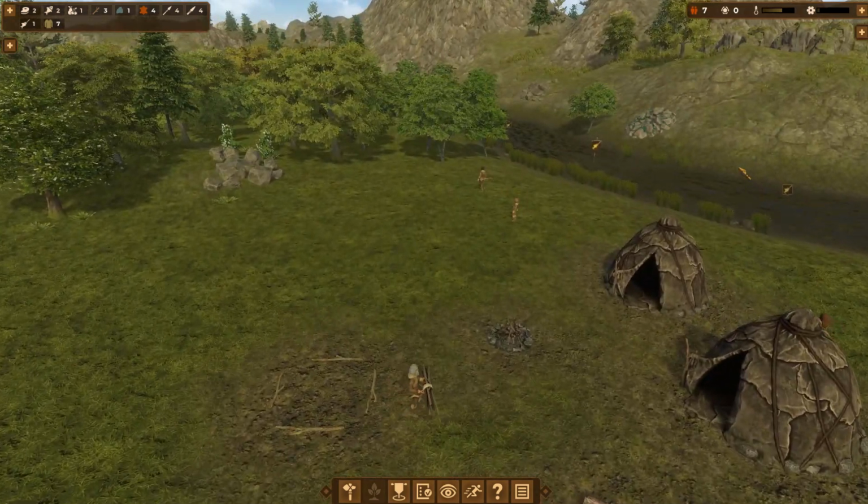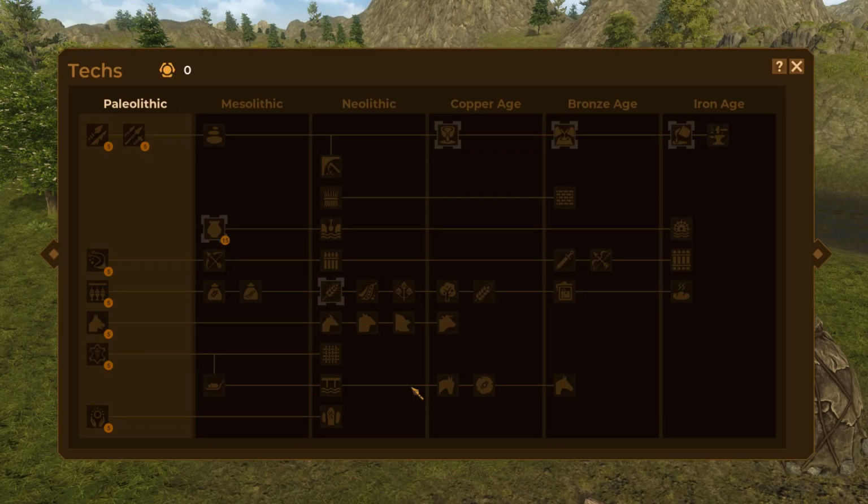There is a tech tree, which is kind of interesting. It only goes up to the Iron Age, but considering the kind of game it is, not too disappointing. I would find it really interesting if they ever make another game, that they take it all the way up to, say, the modern era. Because I think a game like this you could honestly turn into some kind of Civilization, Age of Empires, maybe even Banished combination type of game,